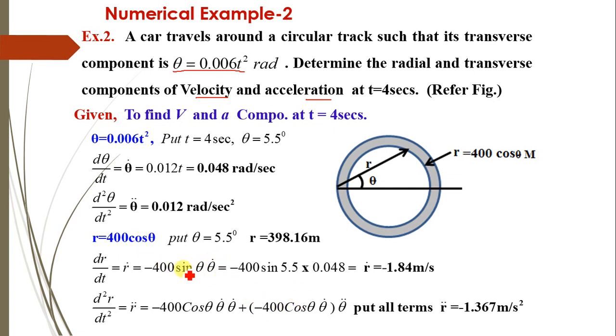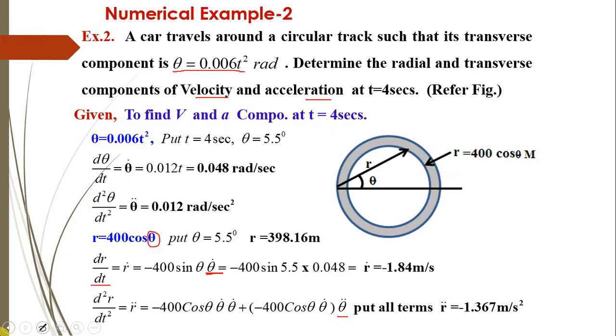So substituting the values here, we get the r dot value and r double dot. Remember, here we are taking the derivative with respect to t, and this θ is also varying with respect to time t. Hence here we have to take the derivative of dθ/dt also, that is θ dot or θ double dot. So there are chances of making a mistake. Students take only the derivative of 400 cos θ as minus 400 sin θ, but they forget to take the derivative of θ as further θ dot. So here you have to pay attention that both r and θ are varying with respect to time t.